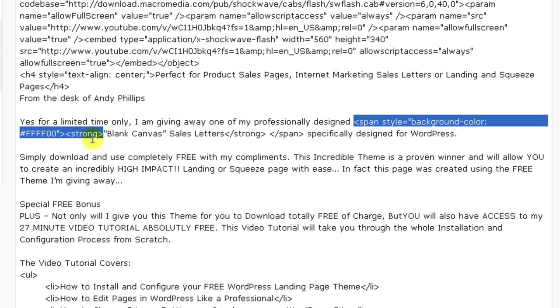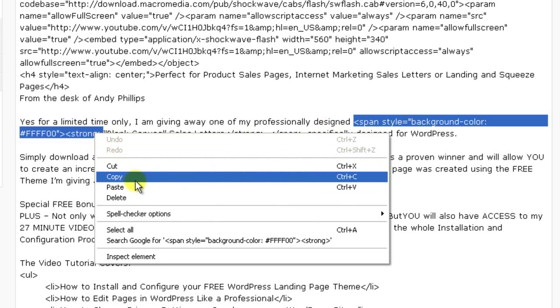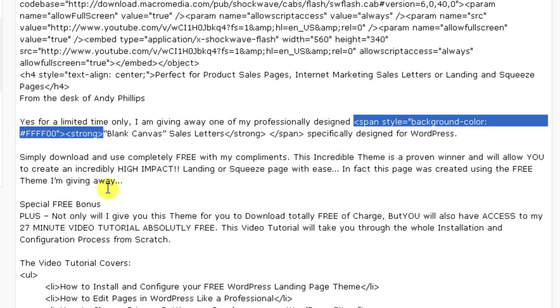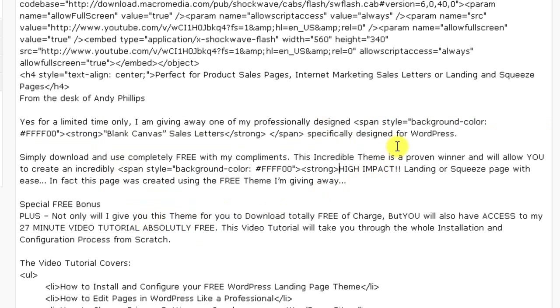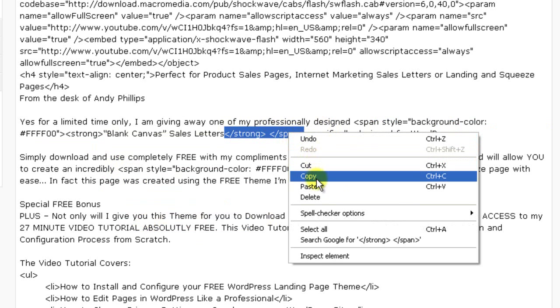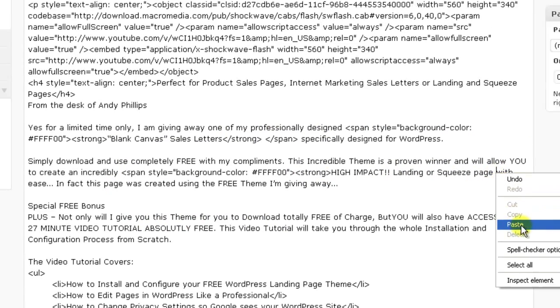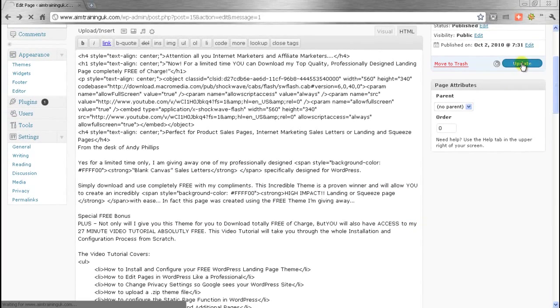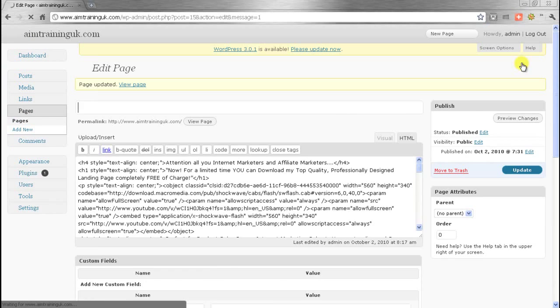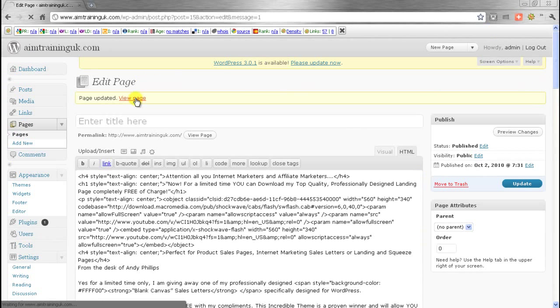You just highlight that whole piece of code and copy and paste. You can copy this end sequence as well, and at the end of this I'm going to put that there and paste that, update and view page,